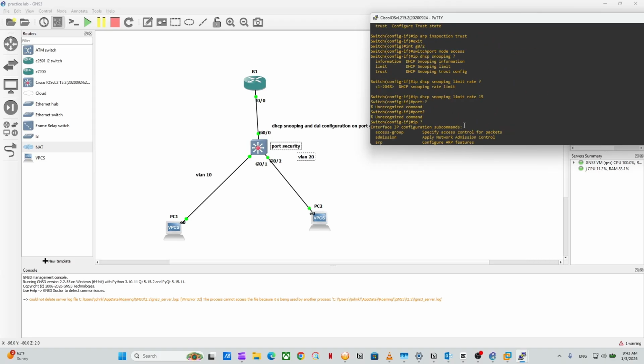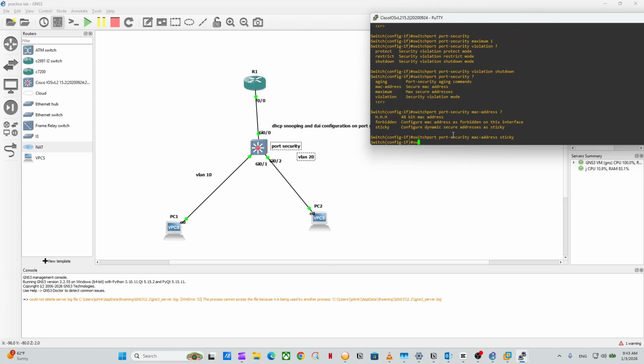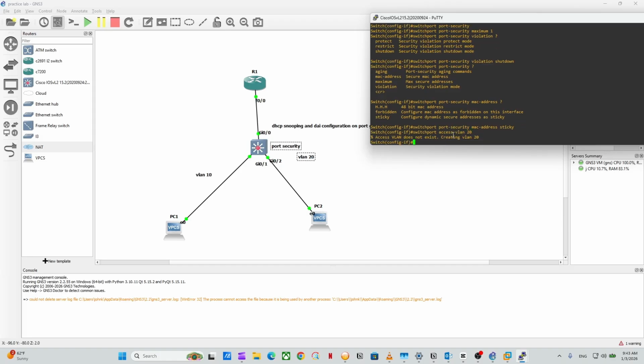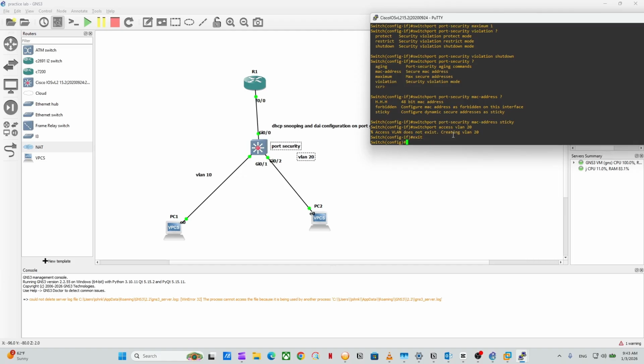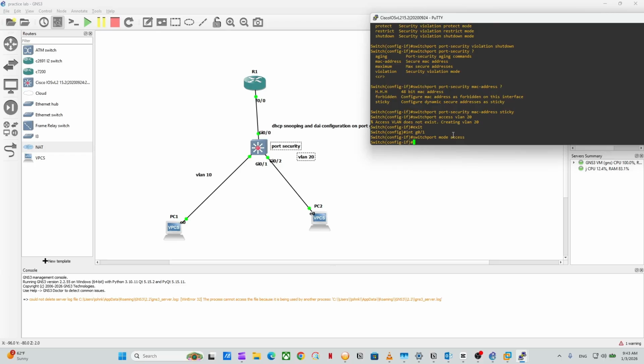And make sure this is actually in VLAN 20. Let's create VLAN, switch port access VLAN 20. So that's it. So this is done. Then interface G0/1, switch port mode access, and configure the same configurations there, and IP DHCP